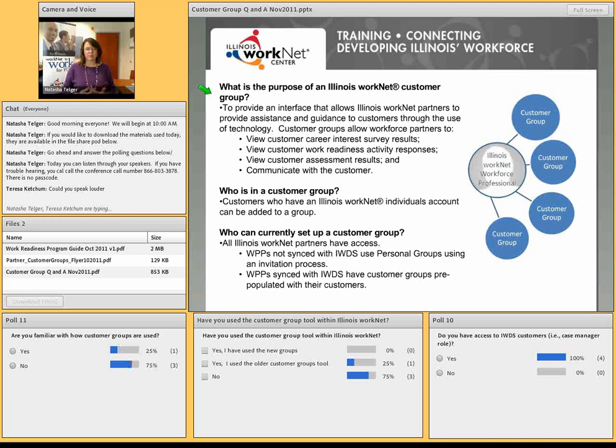So anybody who can be in a customer group, anyone who has an LMyWorkNet account can be added to a customer group. And we've updated the process a little bit since last summer. And if you are synced, or if you are in IWDS and you have a case manager role, then with your customer groups, you already have customer groups. They're in your LMyWorkNet account. You may not realize that they're there, but